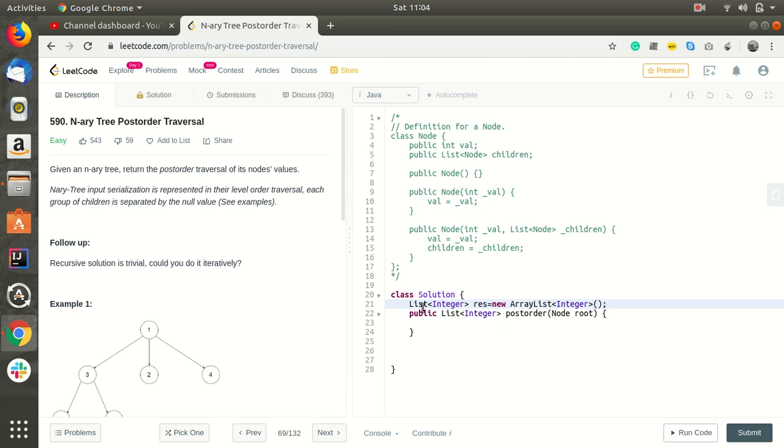I have created the list, which I named result. Again, I am creating a function which will return the post-order traversal. It will return void.